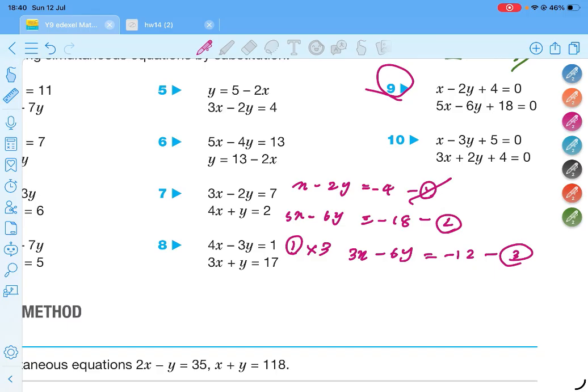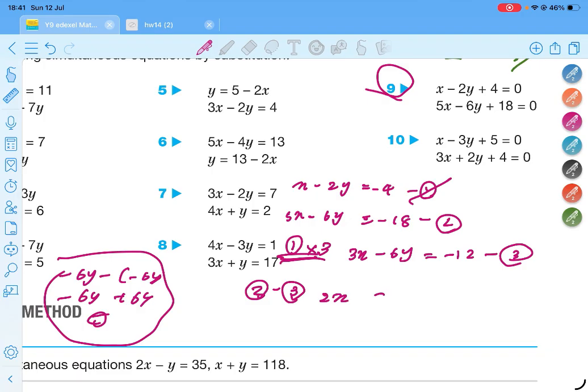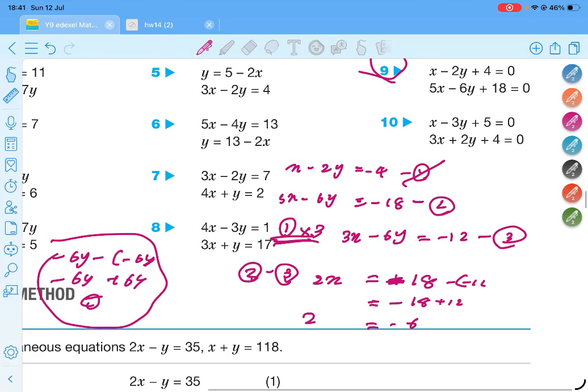This is the third equation. Now we can subtract these. 5x minus 3x means 2x. Now think about y: minus y minus minus y becomes positive y, so finally it becomes 0 and is removed. Minus 18 minus minus 12 gives minus 6, equal to 2x. Both sides divided by 3, x equals minus 3.